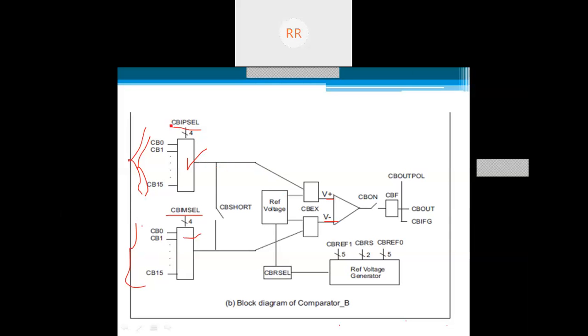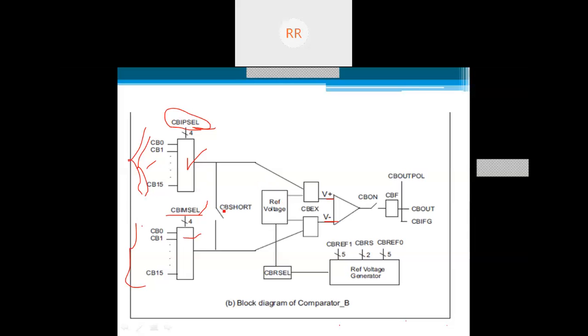For the selection of any one of the inputs, we have four selection lines: the CBIPSEL selection line here, and here the CBIMSEL selection lines. These two are bits available in the control register CBCTL0. That is the control register used to program and select any one of the input lines to be processed by this particular comparator.